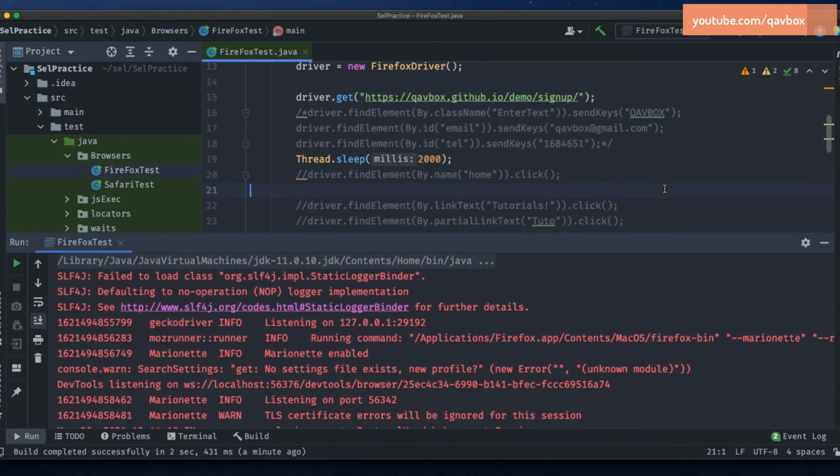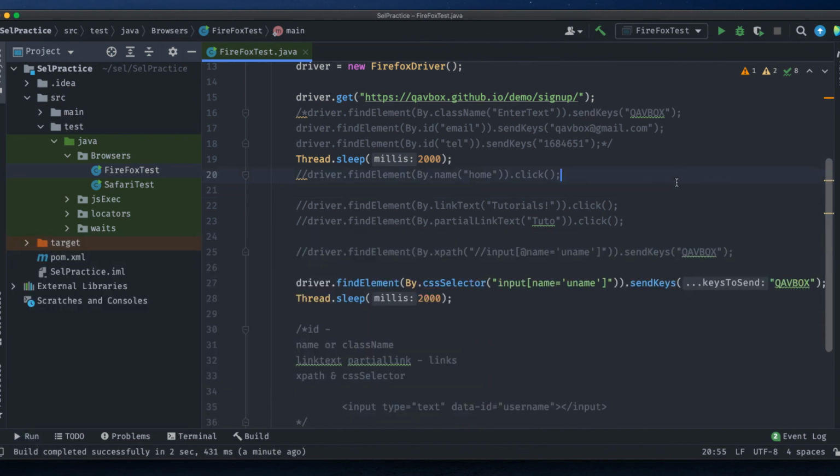Fine. So that is one of the quicker ways of setting up your Gecko driver and running your test cases in the Firefox browser. So hope this particular